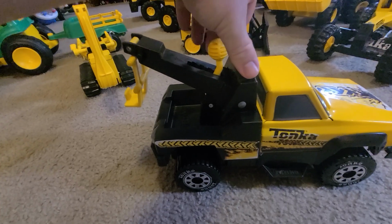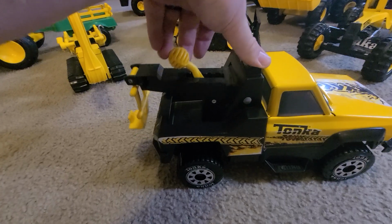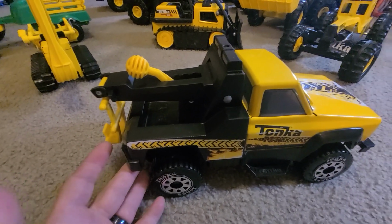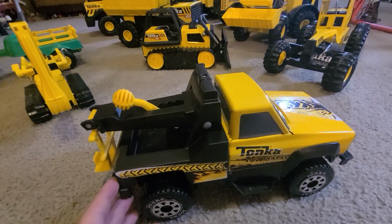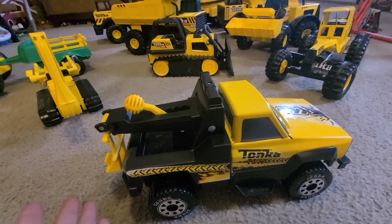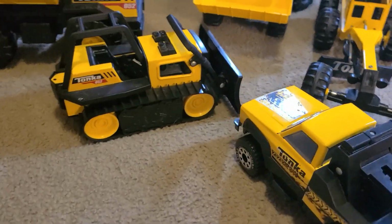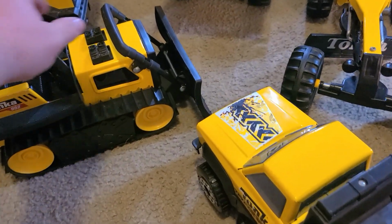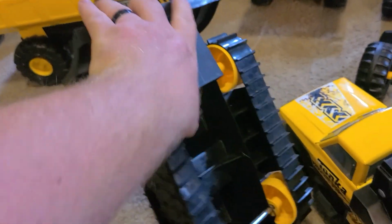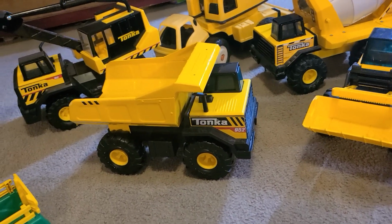There are 3 different heights that you can put the hook to, the boom to, and it connects perfectly to the mighty dump and the concrete truck and the front end loader, but the front end loader from the back. However, you can't really hook up to the bulldozer with it. You can, but you can't, because on the bulldozer there's nowhere to hook it to. But the mighty dump, Tonka's trademark vehicle,